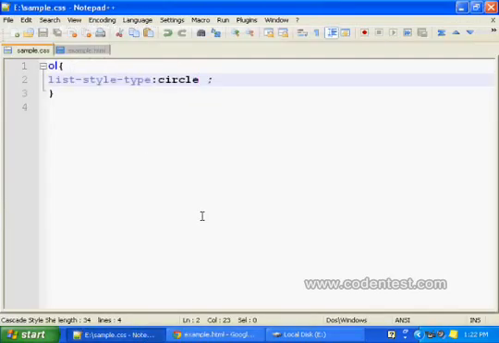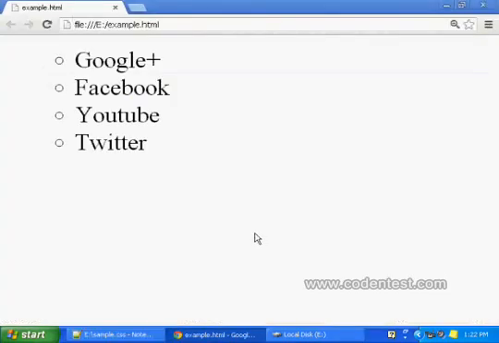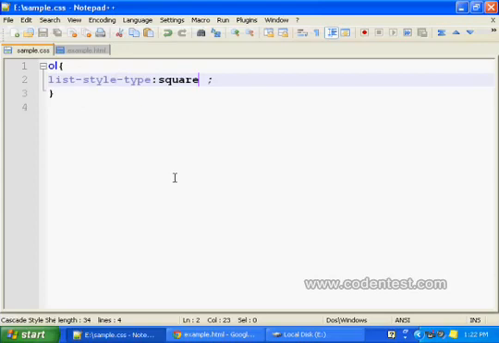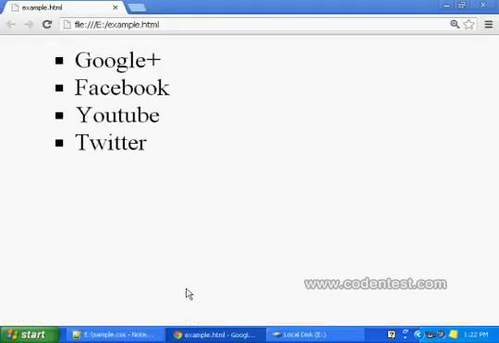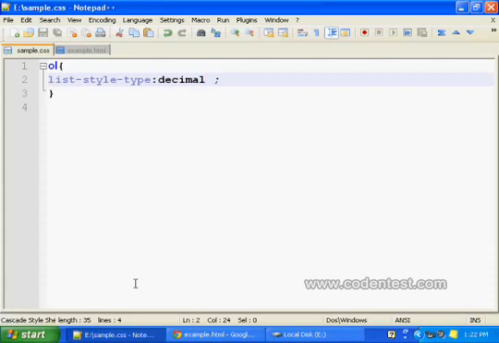The list style is circle there, and we could also add square or decimal, or lower or upper Roman.